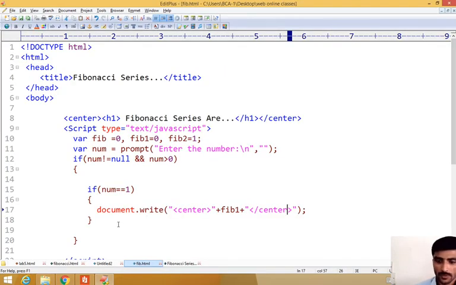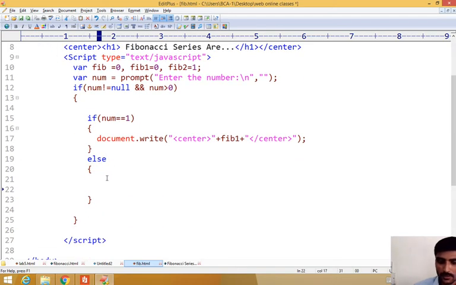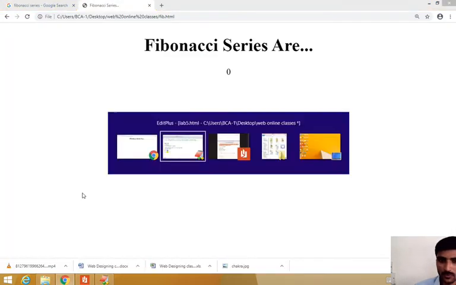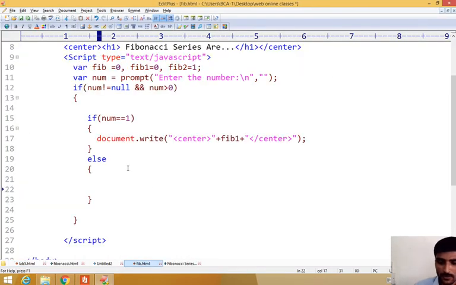Now after that the else part, I am writing the else part, because if the number is greater than 0, what you have to write is the code where the first two default values are printed. So if the number is greater than 0, first it prints the default 0 and 1. For that I am writing some code. What is the code here?